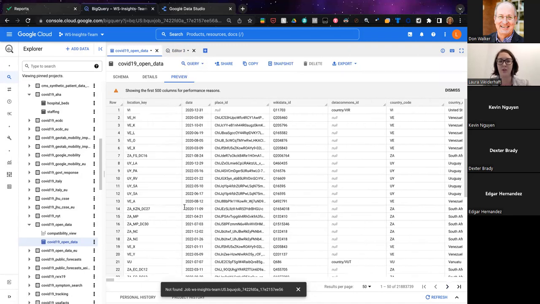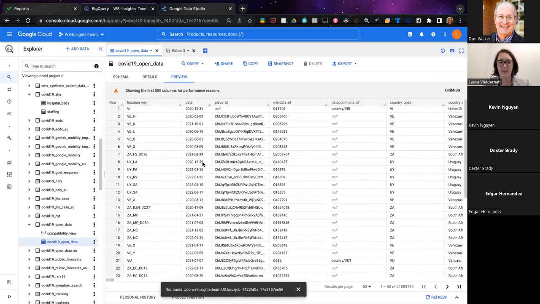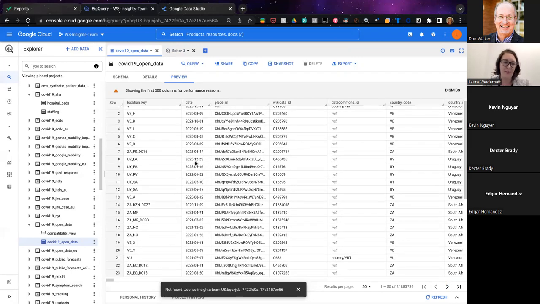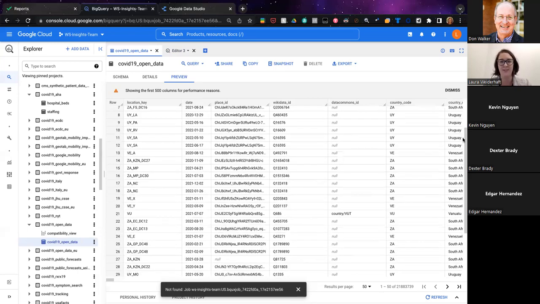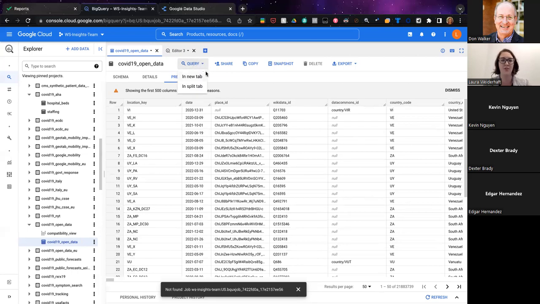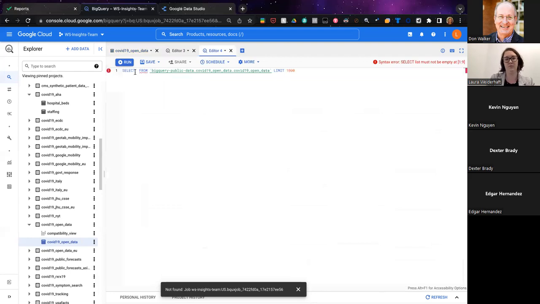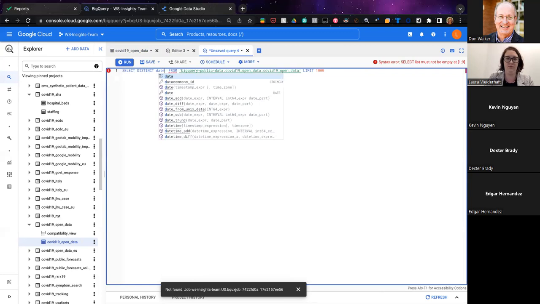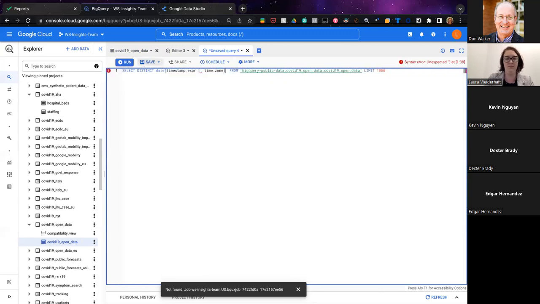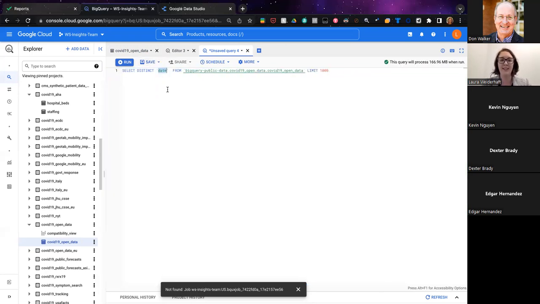First, I'm going to find out what dates we have available to us, and maybe that can help us craft a query that maybe looks at cases over the last couple of months. So we could do... date is in SQL a function.